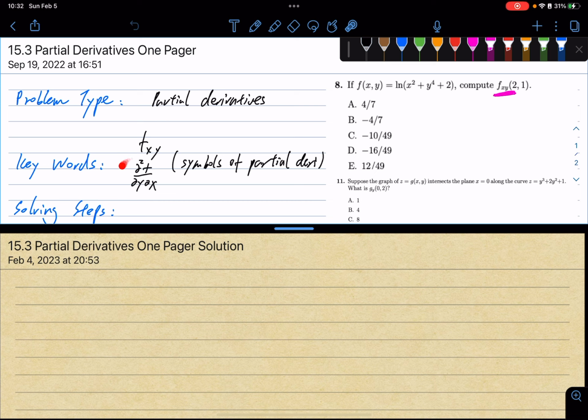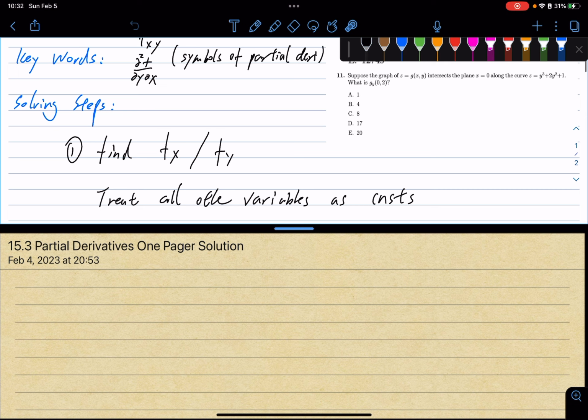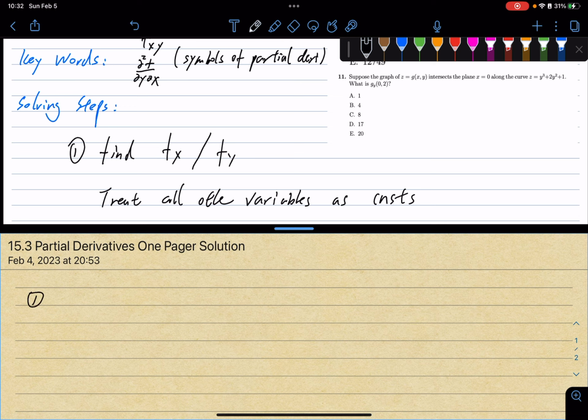But Newtonian notation is backwards, it's from right to left. So you take the partial derivative with respect to x first and then y second, reading from right to left. Okay. The first step is just to go ahead and find your first level of partial derivatives. So the first derivative is just going to be, oh,